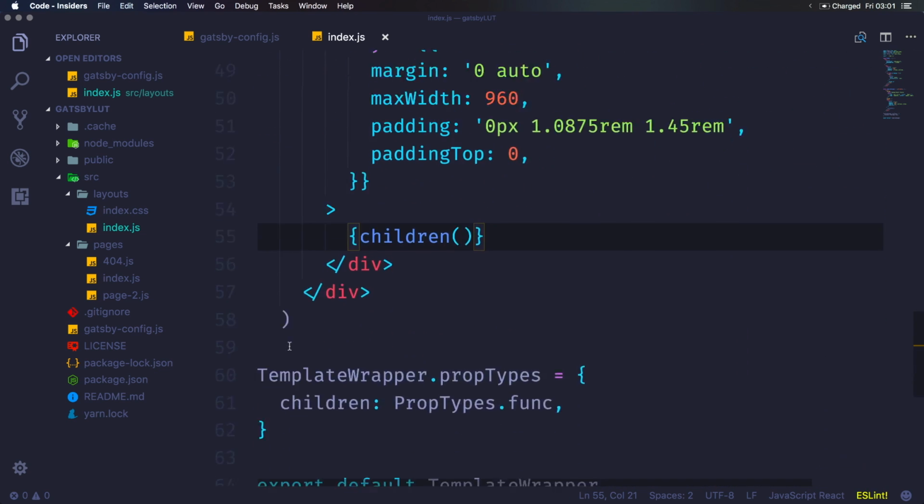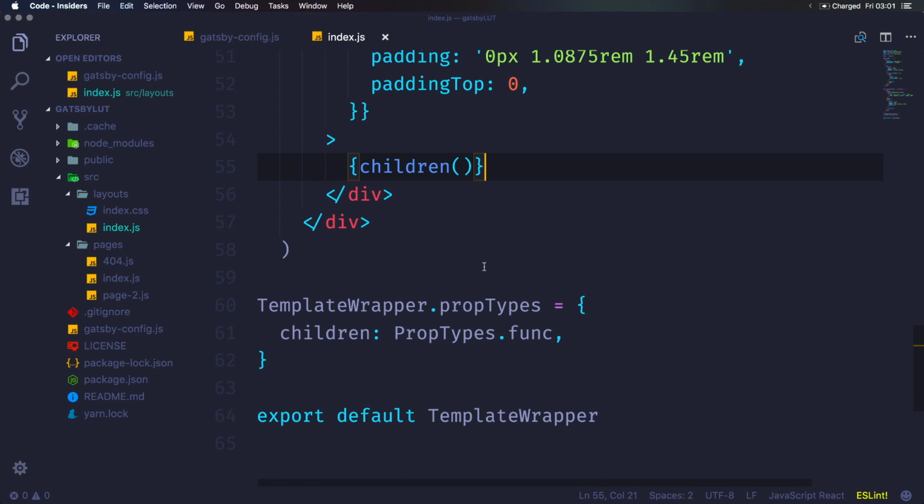There's a little bit of magic here, because we don't have a routing file. We're not saying, hey, page 1, go inside of children anywhere. Neither are we saying page 2. However, let's actually make a page 3 right now by doing pages, new file, page-